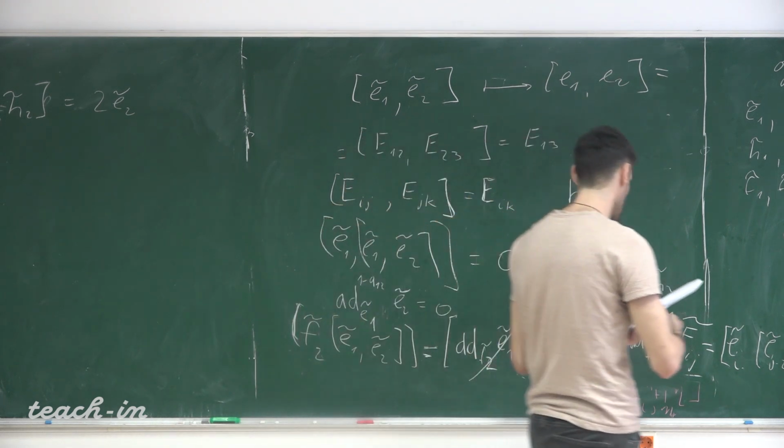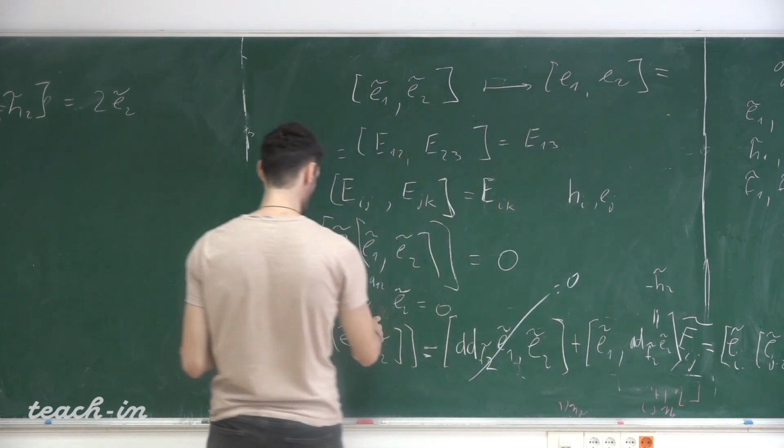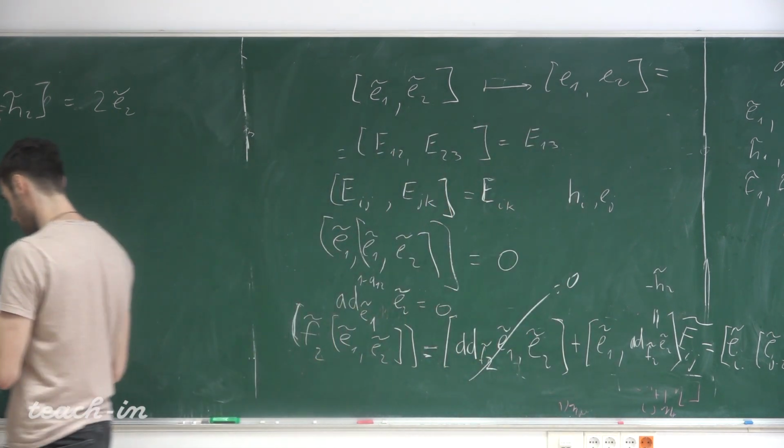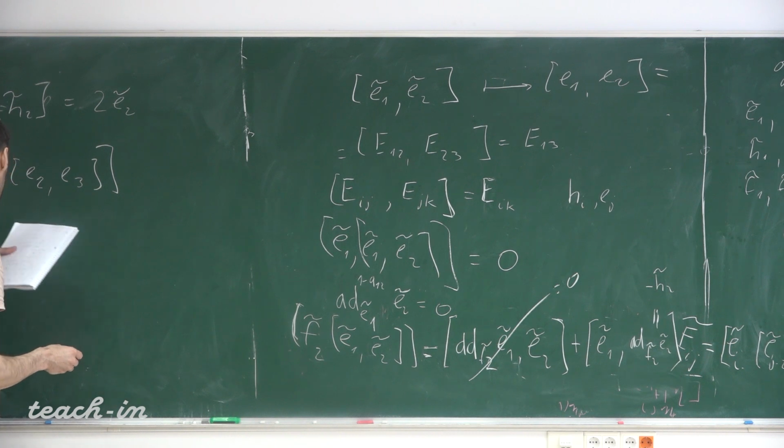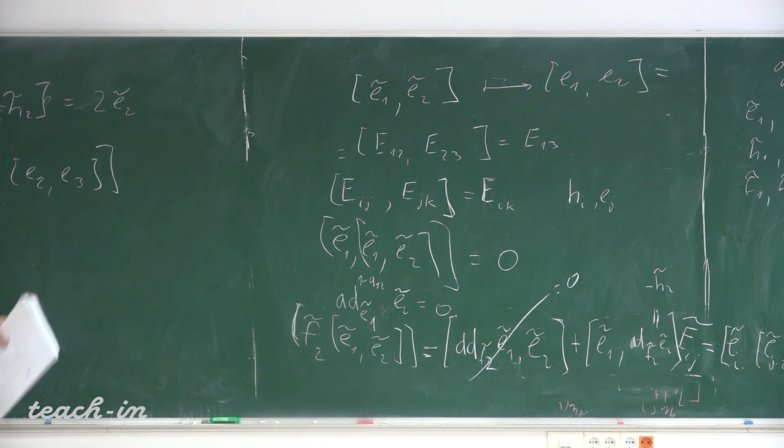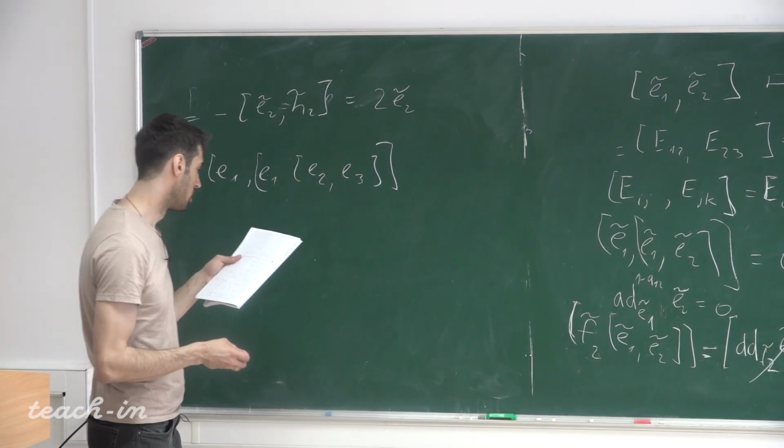Yes, for example, this one we kind of ruled out by this Serre relation. But what if I try to take E1, and then E2, E3? Okay, all tildes. I don't want to write tildes over there. How to see that this one is a linear combination of Eij tildes? So you actually use